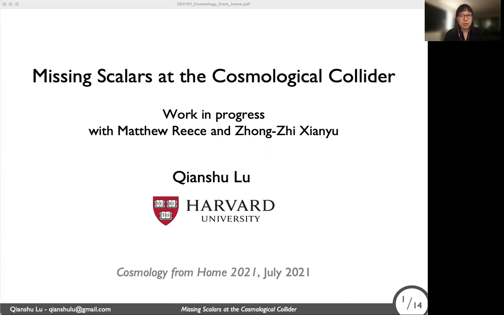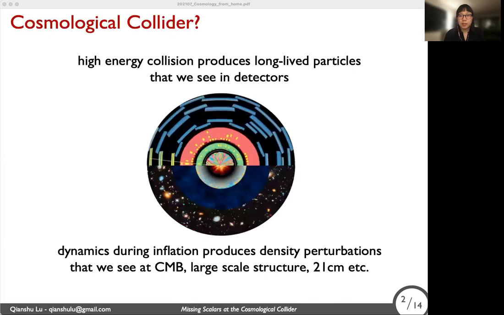This talk is based on work in progress I have been doing with my advisor, Maurice, and our collaborator, Qianshu Lu at Tsinghua. Now, as a quick introduction, the Cosmological Collider program is a direct parallel with the terrestrial collider